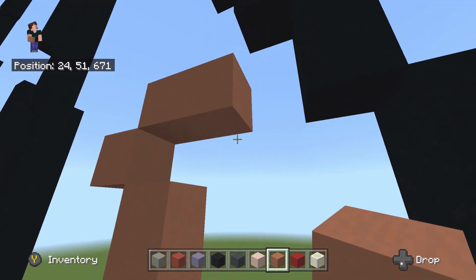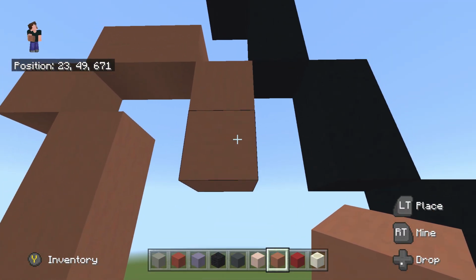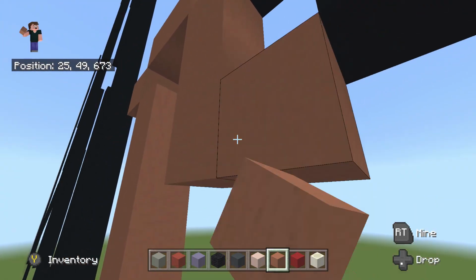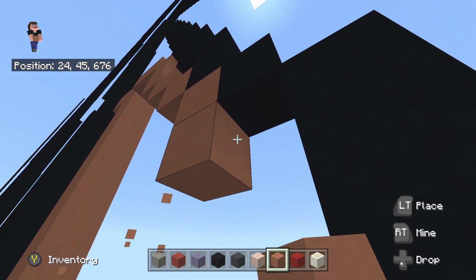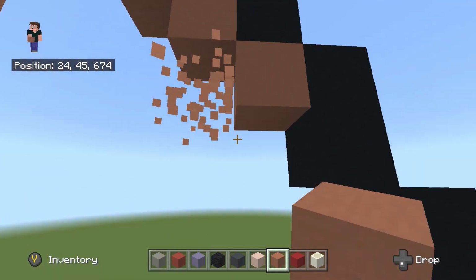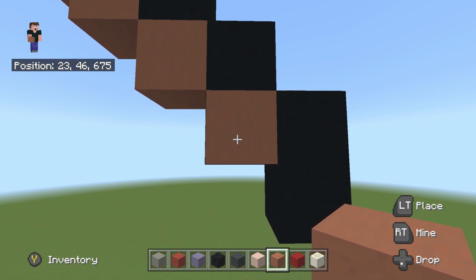And then we're going to do a bottom right diagonal. From this bottom right diagonal, place one underneath, just like so. And then we're going to do 4 bottom right diagonals from here. So 1, 2, 3, and 4. And there we go. On this 4th bottom right diagonal, we're going to fly in the bottom right diagonal direction